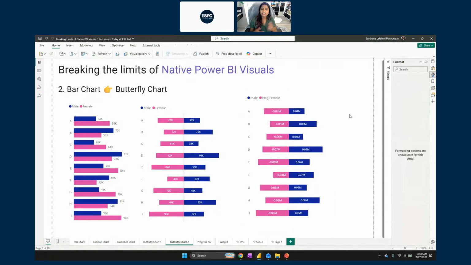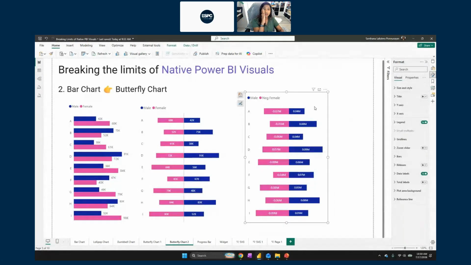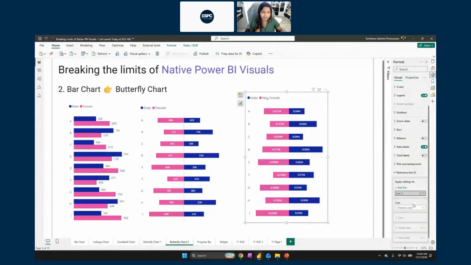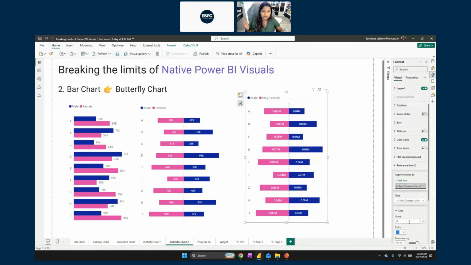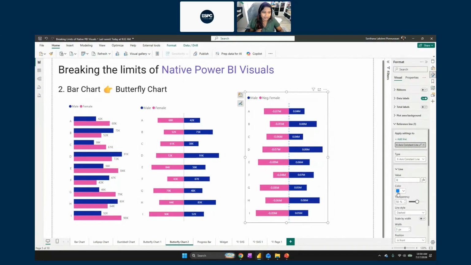Next, it's pretty good. I'm able to understand this is the female side and this is the male side. But I need to have a reference point or a reference line so that I know that this is the separation. This is the point where everything gets segregated. Remember the very first trick that I taught you, the reference line. Going to go ahead, add a reference line, change the color. So I have a blue dotted line. I'm just converting into gray, reducing the size and making it solid.